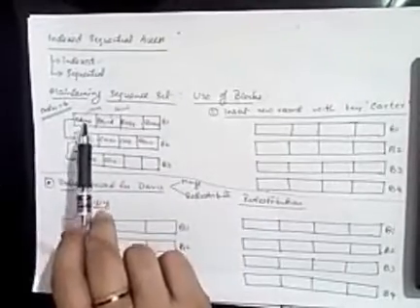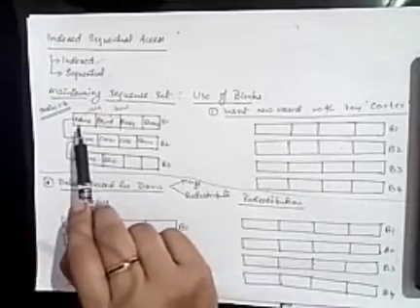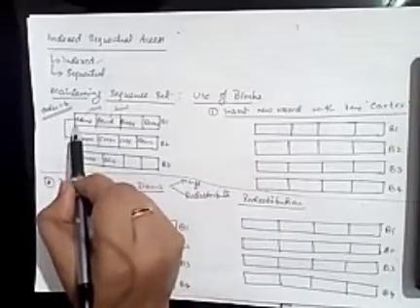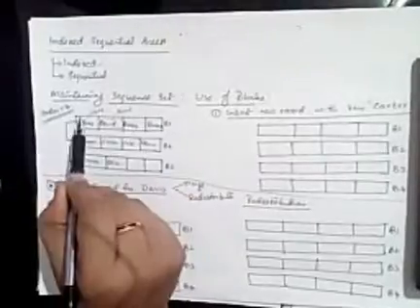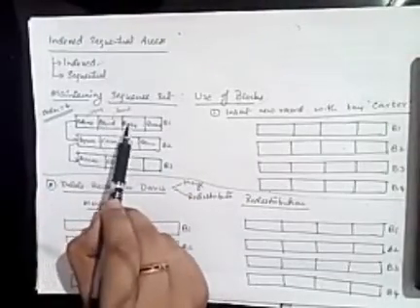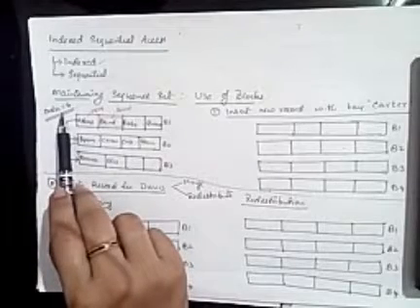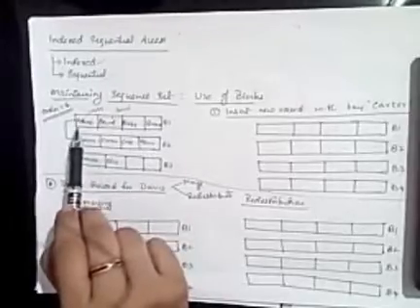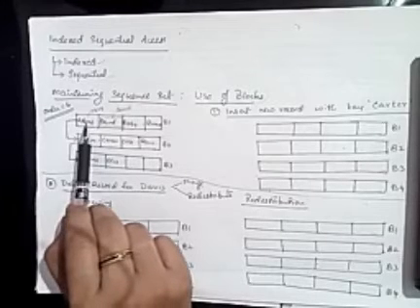If you write so many records in a sequence as one single block, say here you have block 1. In block 1 I have 4 different records, so the order of the block is 4. These are the keys in the records. That means using these keys you can find that particular record.